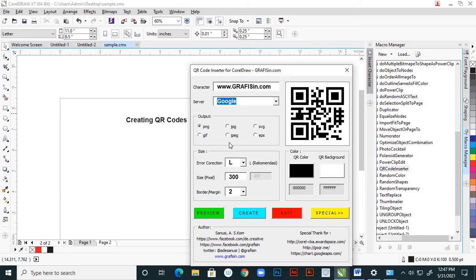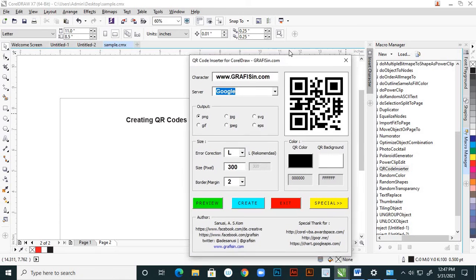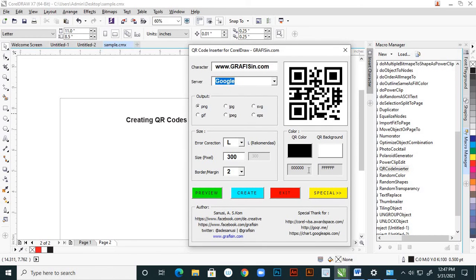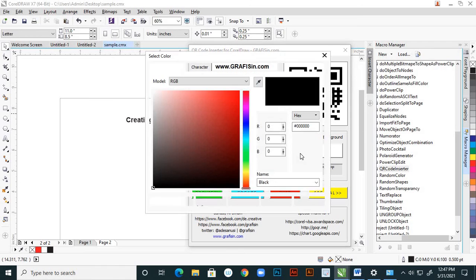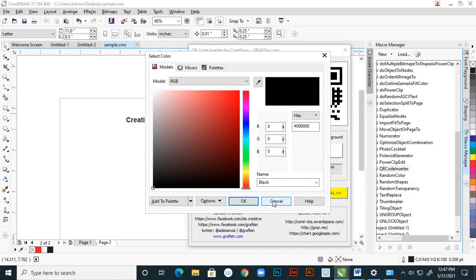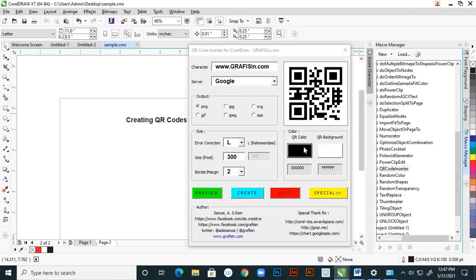And suppose here you can save it as a JPG or PNG, right? Suppose if you want to save this in PNG, see if you want a QR code color, you can give that color option, or otherwise leave it at the default QR color, and the QR background is showing white, right?